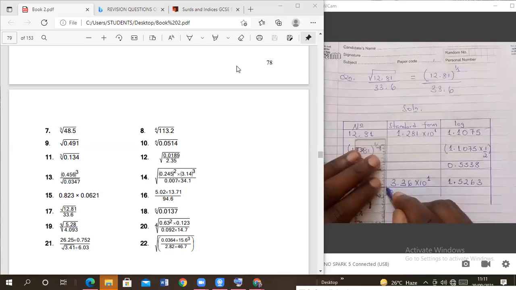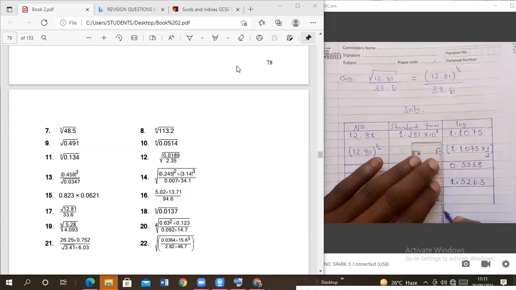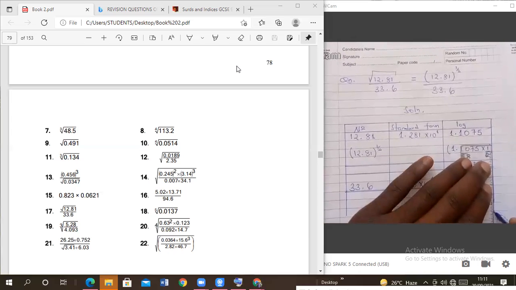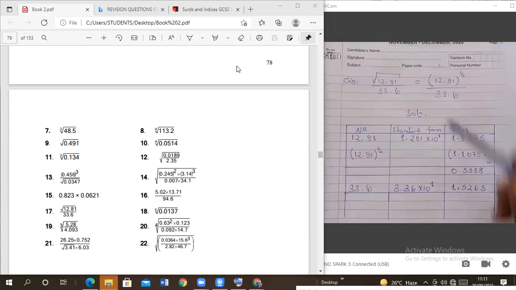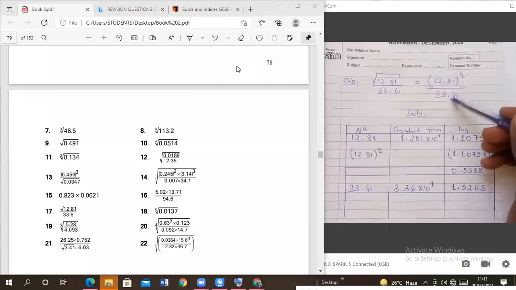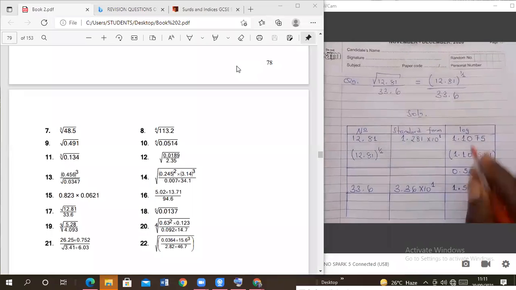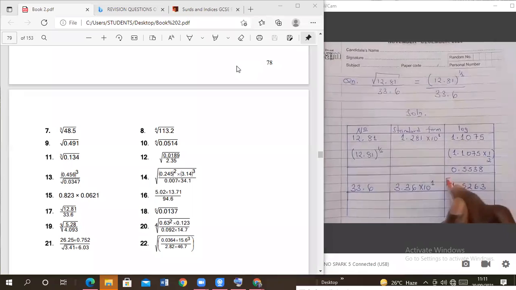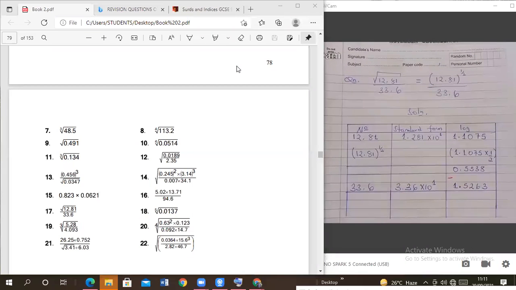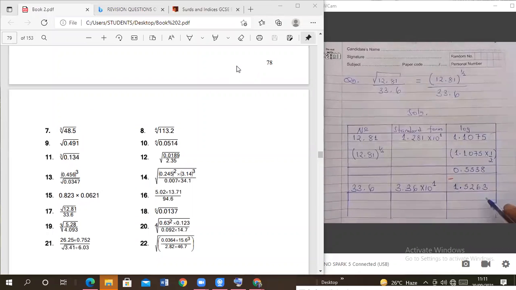What do we do next? From here we were dividing. But what do we do to their logarithm when we are dividing? We subtract. Let's subtract. So I will have 8 minus 3. What do you get? It gives me 5. Then 3